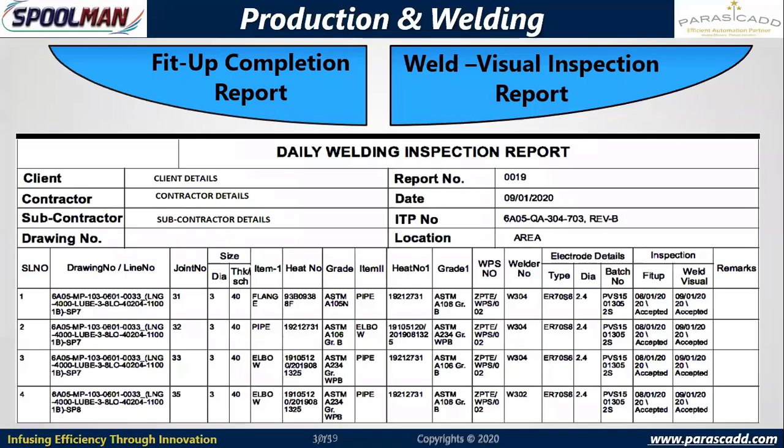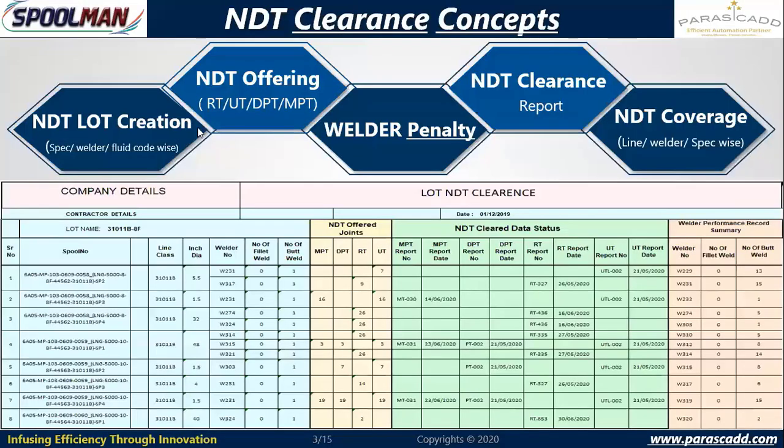And further, you can see this fit-up welding report for erection, and we have NDT lot creation to ensure that 100% NDT means NDT as per the NDT plan, whether it is 10% RT, 20% RT, or 10% DPT. So I may go with DPT, MPT for certain joints along with UT, RT. What is the combination? Everything can be managed here through NDT lots, where the system will maintain.